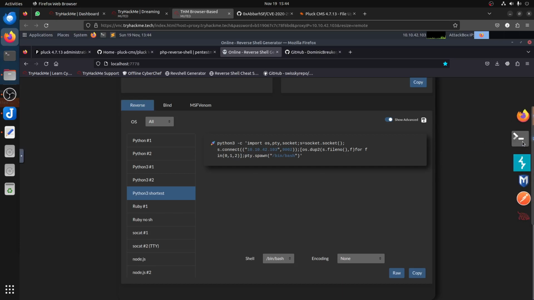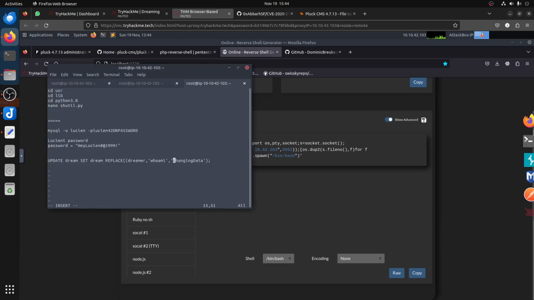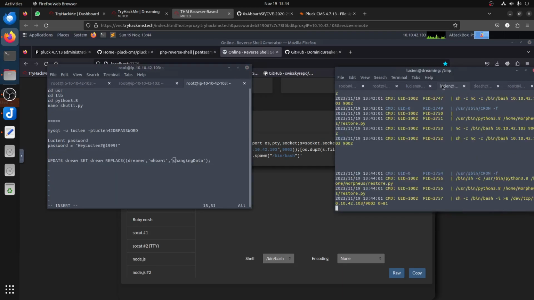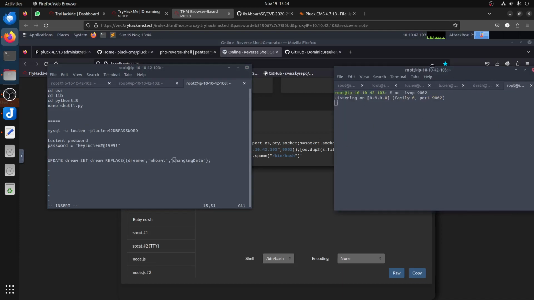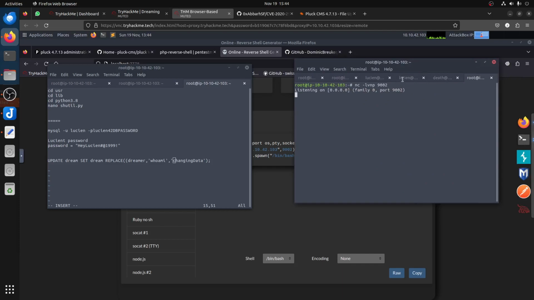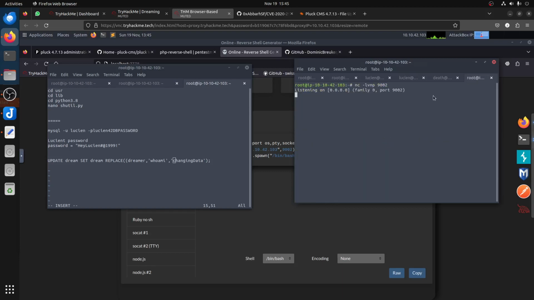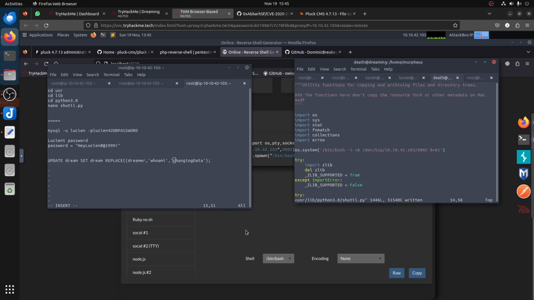Let's see if it doesn't work. We just go to the straightforward one. Let's see if this one came. Didn't. Doesn't want to work for whatever reason. sh minus c binary bash. Is the IP correct? 10.10.42.103, port 9002. Okay, so let's use